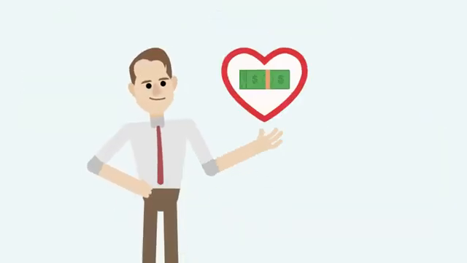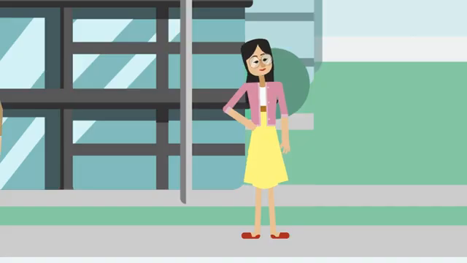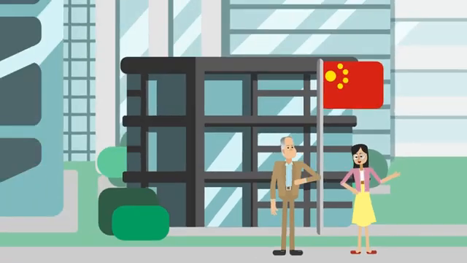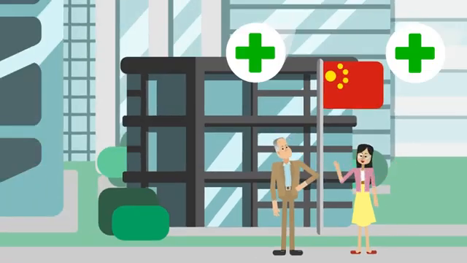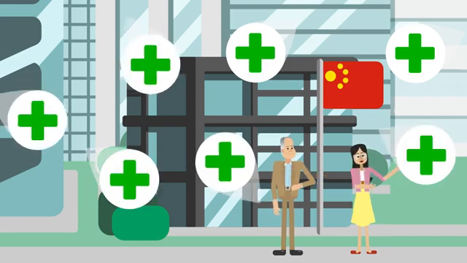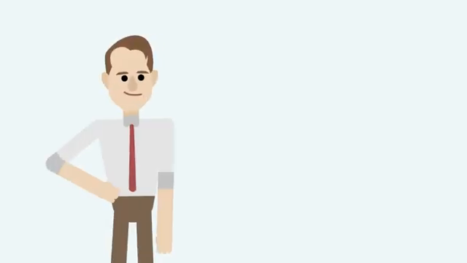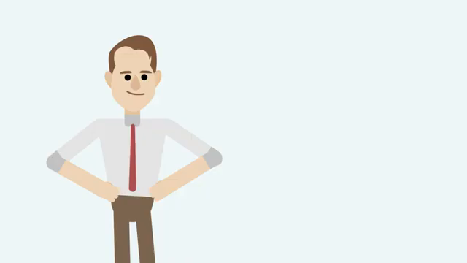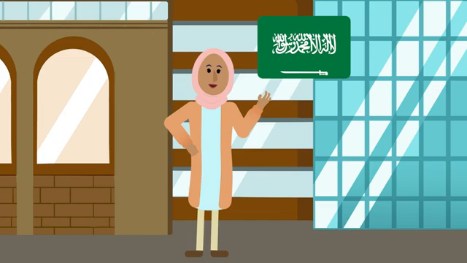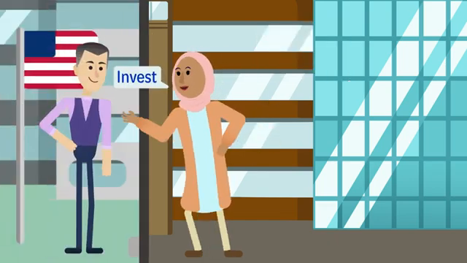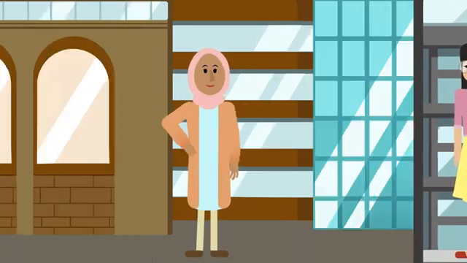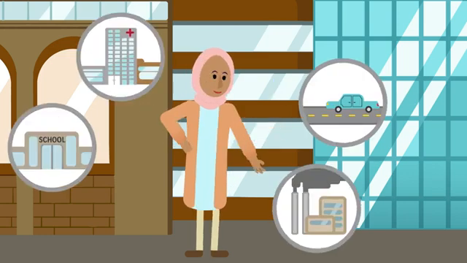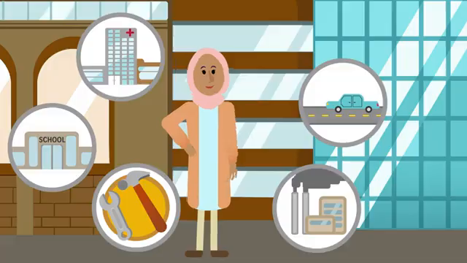FDI inflows indicate a healthy economy. To potential investors, they basically say, look how many firms are invested in companies in this country. This country must house several healthy assets. You should invest here. Because of this, FDI is often used to measure growth and development, particularly in emerging markets. Emerging economies vie for foreign investments because that money helps build critical infrastructure such as roads, hospitals, schools, and factories, and they help to improve worker skills.